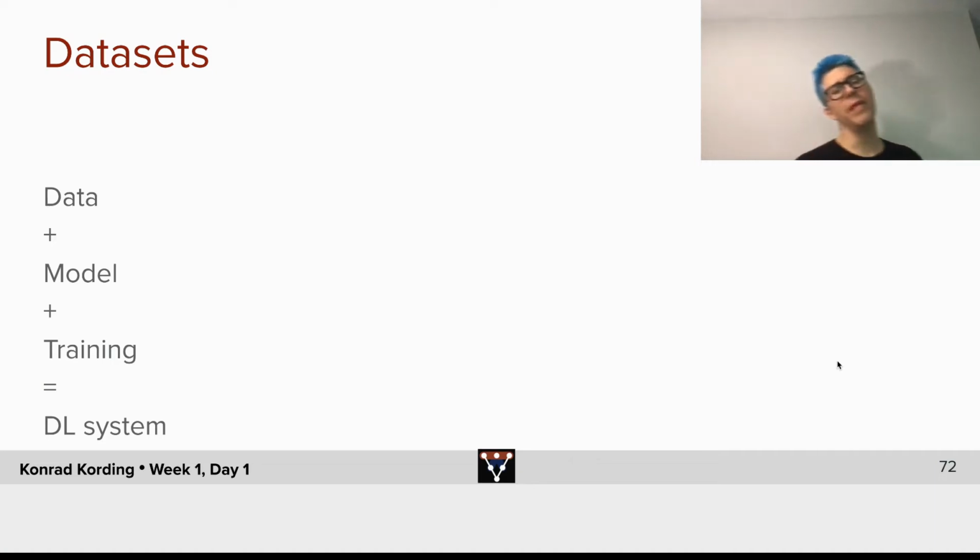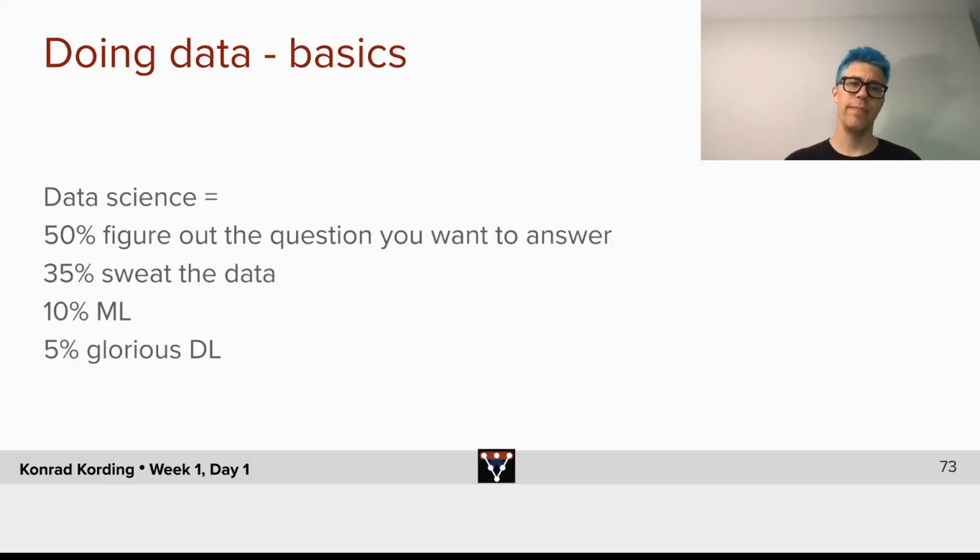So let's talk a little bit about data sets. When you do deep learning, you take data and you take a model, you take a training procedure. After training, you get your deep learning trained model. Okay? So when you do data, it turns out that a lot of the things that you have to do